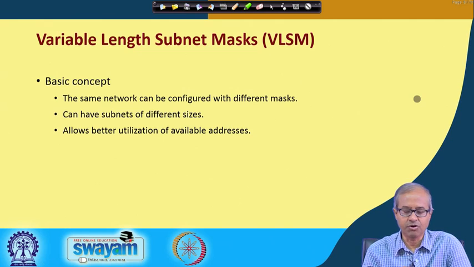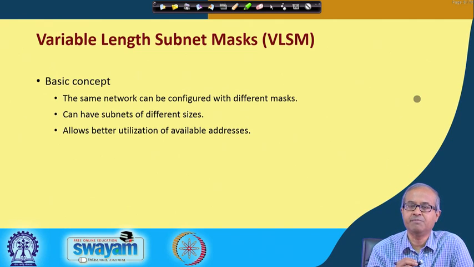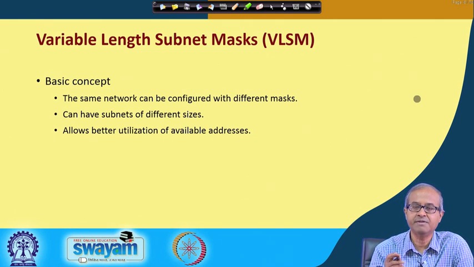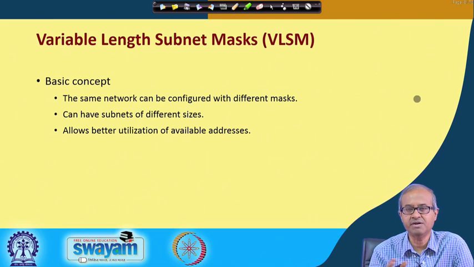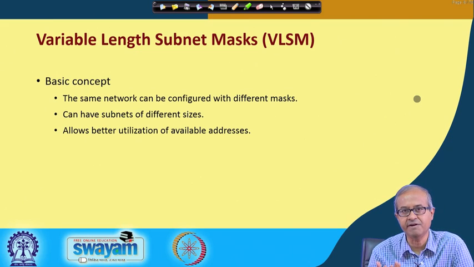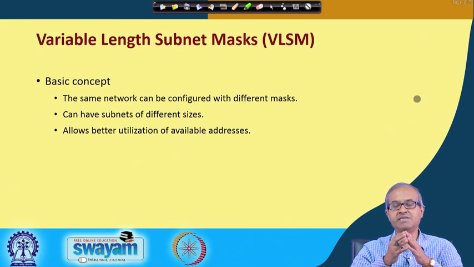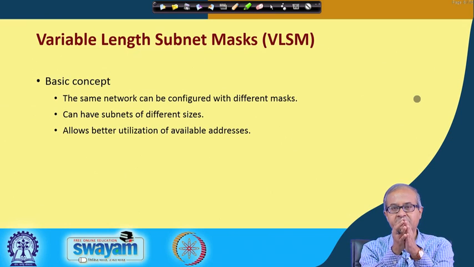Now, we have something called variable length subnet mask. The idea is that the same network, depending on the scenario, you can configure with different masks. Like earlier, in the previous example, I am splitting a particular network into a certain number of subnets. The number of hosts per subnet is fixed,